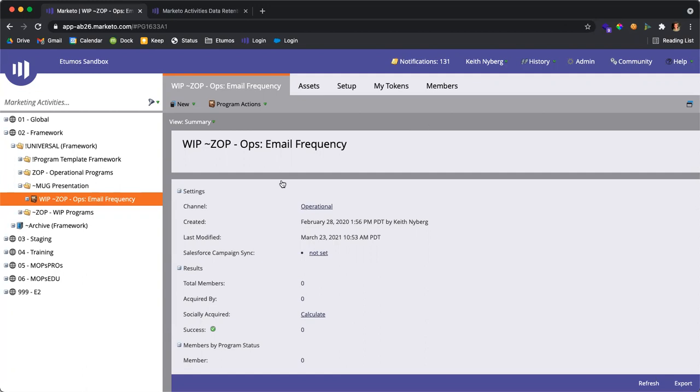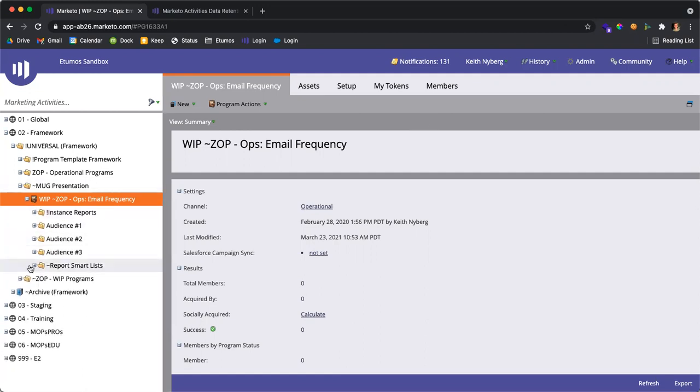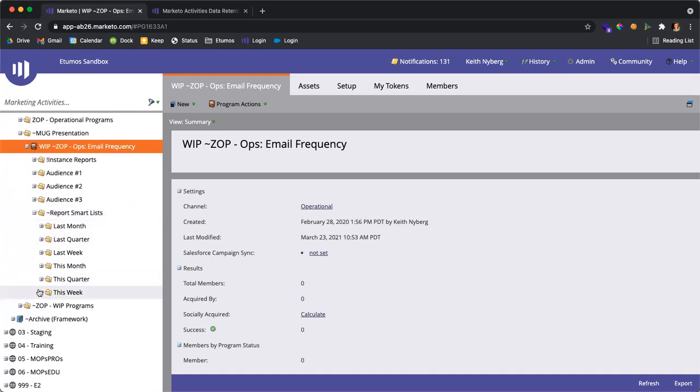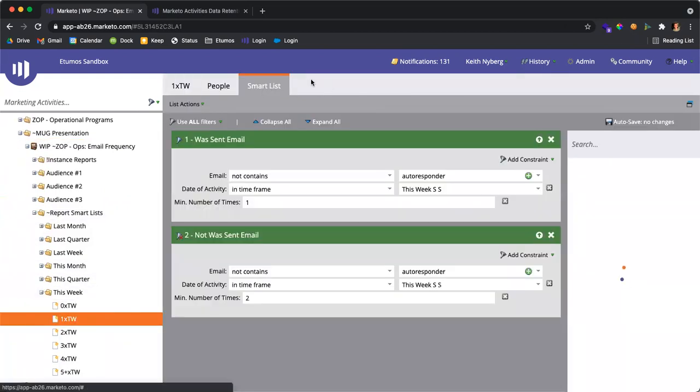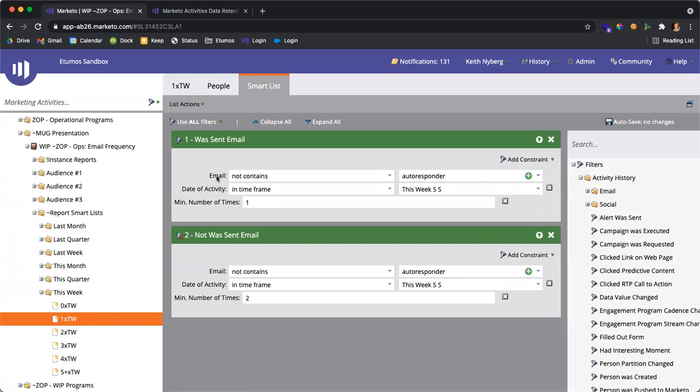So I'm in our instance right now. I think I'm going to start down below on the smart lists to kick us off, because the one approach that I see people do very frequently, which is something that you still have the ability to do, is to create logic like this in your instance, where you'd say, I want to understand the number of emails that I have sent this week to my instance, right? And you'd create a smart list to say somebody was sent an email.